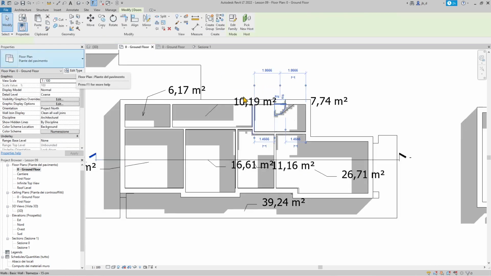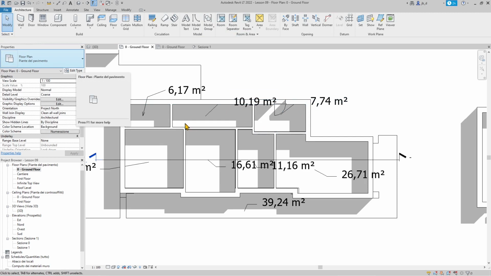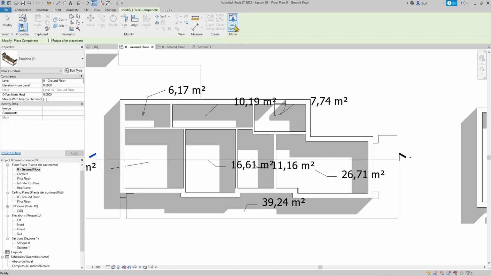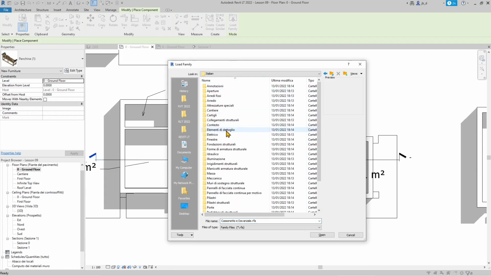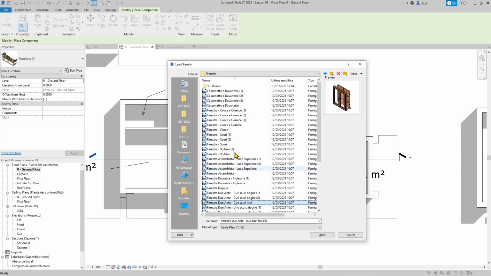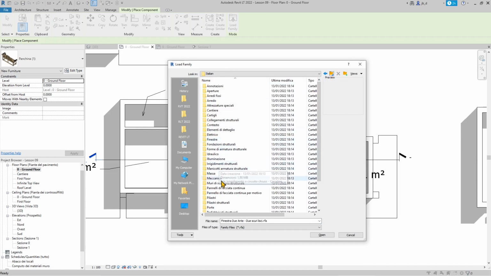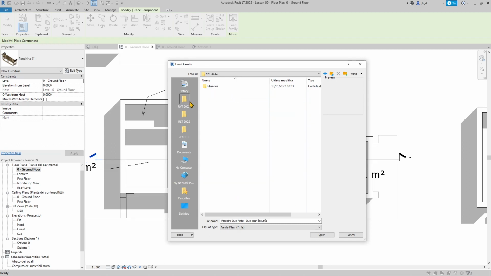Now we're gonna see then how to modify it. But first of all, I want to show you where to get the additional libraries. Otherwise, you're gonna have only few elements here. Now, if I go to, for example, any of these components, or either the components itself, and I click on load family, this is where I can upload more families. And you can see here that I have more windows and more doors. Now again, I'm going to show you how you can download the English version, or whatever your language is. Now RVT is where you will find the families that you can use, which are already made